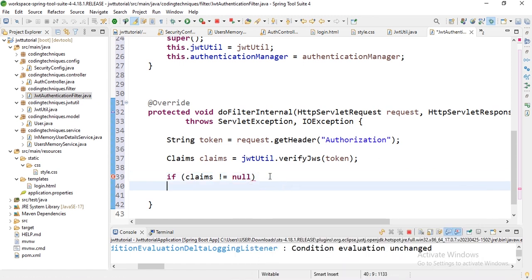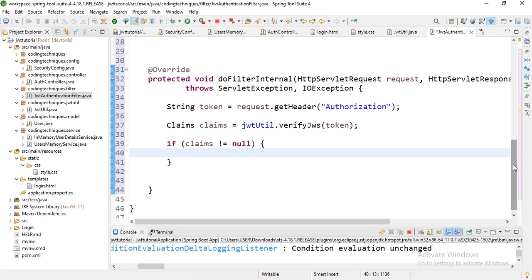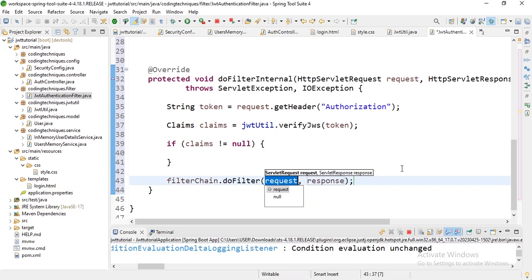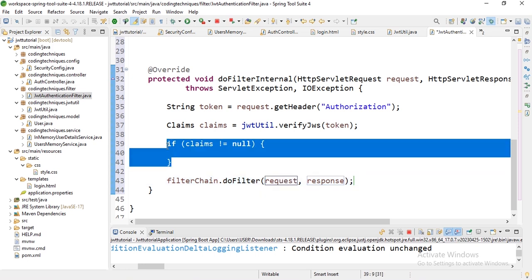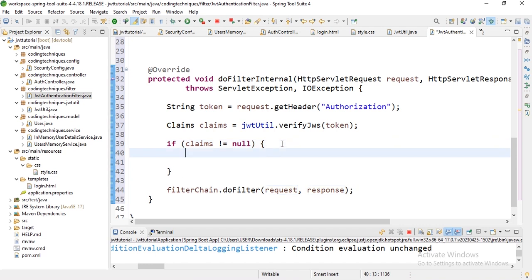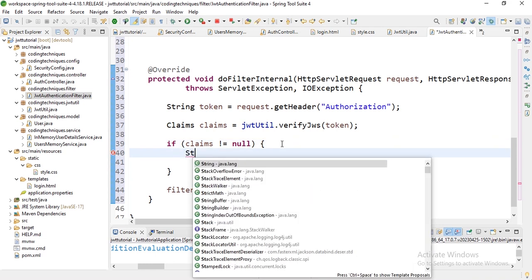We will have some implementation here, and if it is null, then let's have the filter chain do filter request and response. If it is not equal to null, first we will check the validity of the token. So let's have a string